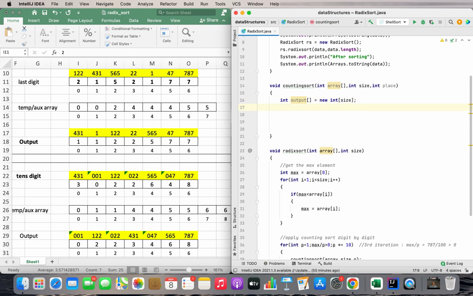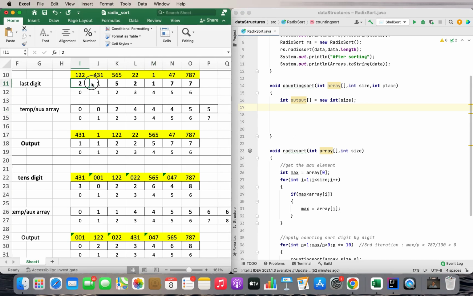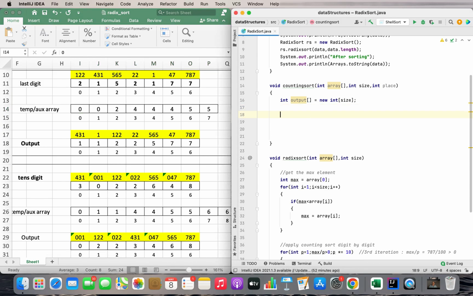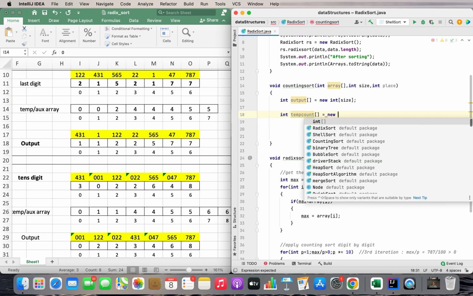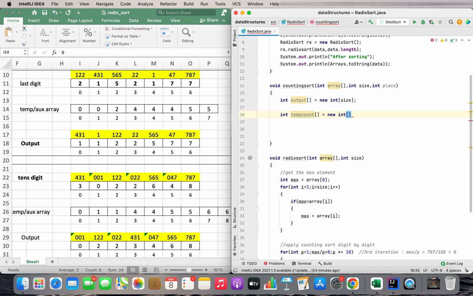Okay, now the next step will be to create the temporary count array. Now since we'll be applying the counting sort algorithm on individual digits that we are going to calculate based on ones, tens and hundreds place, the individual digits will always fall in the range of 0 to 9. That means the size of the temporary count array will never exceed 10. So why not create a temporary count array of size 10 and get it over with? So let's write the code for that. It will be int tempCount square brackets equals new int,